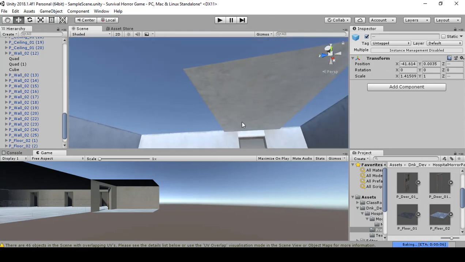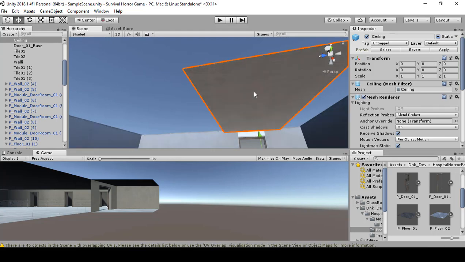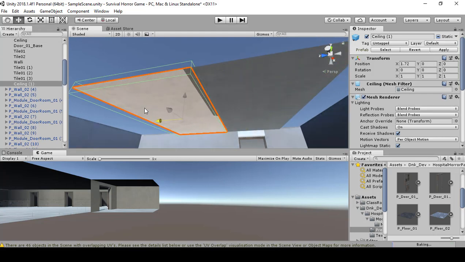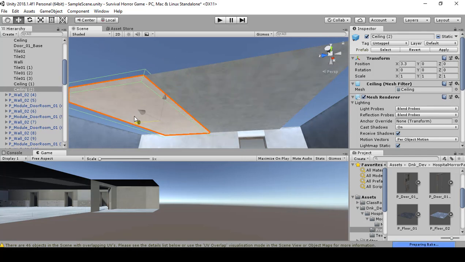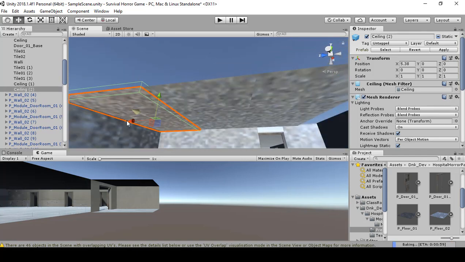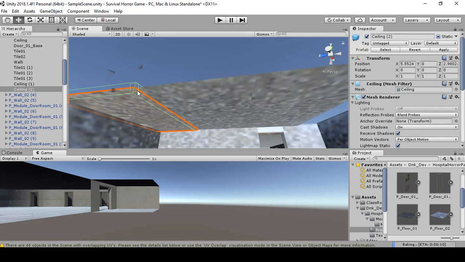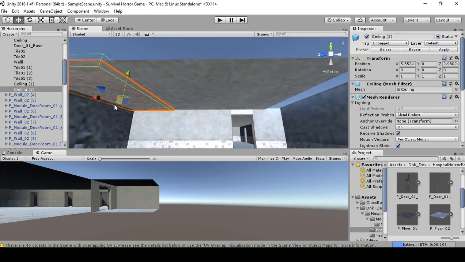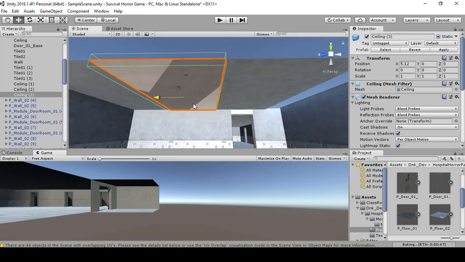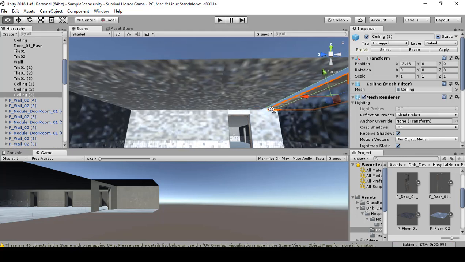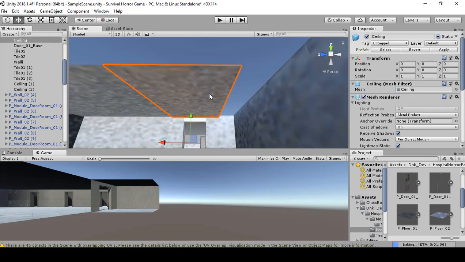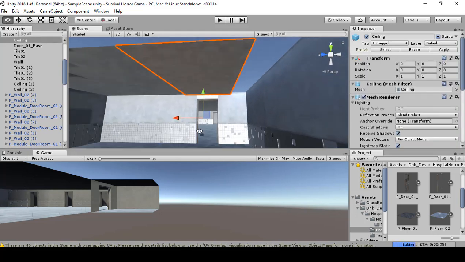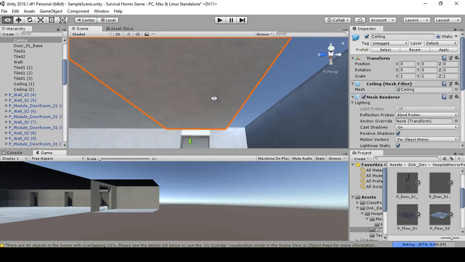Now for the ceiling. Same, just going to duplicate this. Then Control D. Snap it in. Control D again. Snap it in. Then it's over. Now I'm going to duplicate that. I'm just going to do the same. So select this. Then use the